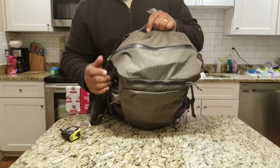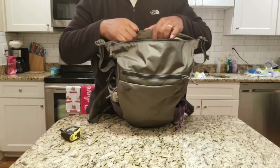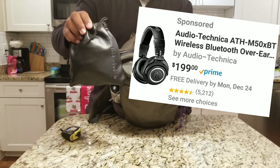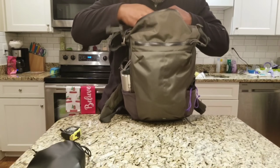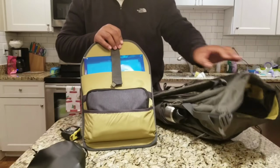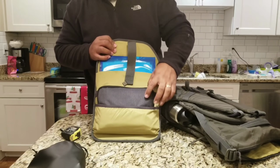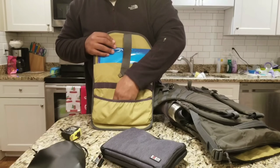Let's go on the top. I got my headphones right here. These are the Audio-Technica MT50s. They're Bluetooth headphones. And then they have this organizational panel inside where you can place a water bladder or a laptop. And then it also has this pocket where I have my tech organizer. And you can put stuff in this pocket. And then they give you these additional